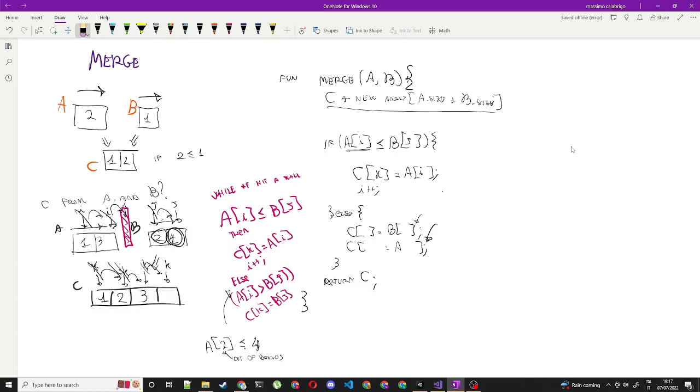Otherwise, no, I should cancel these two. Otherwise, C of K is equal to B of J and J++, and then K++. Okay, and this should be repeated a number of times